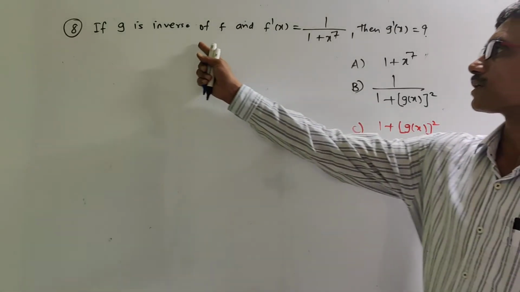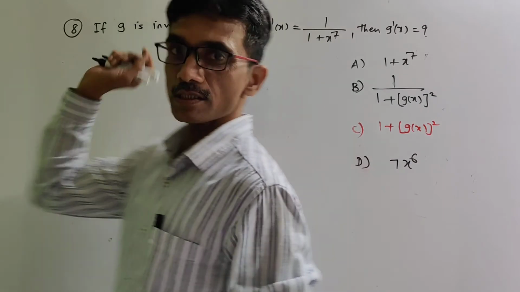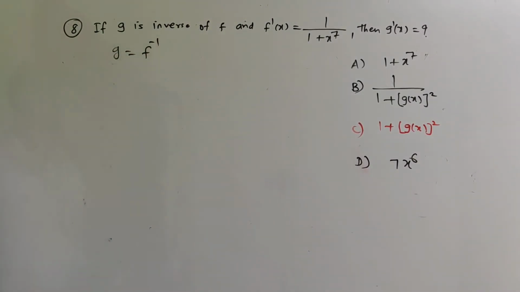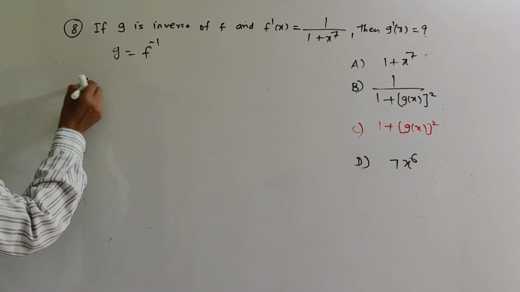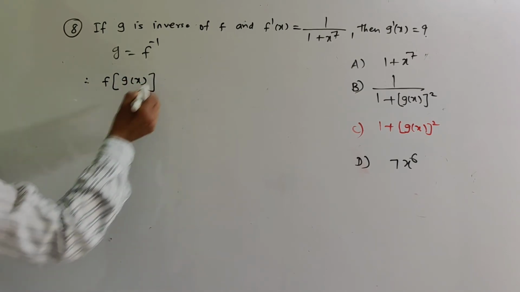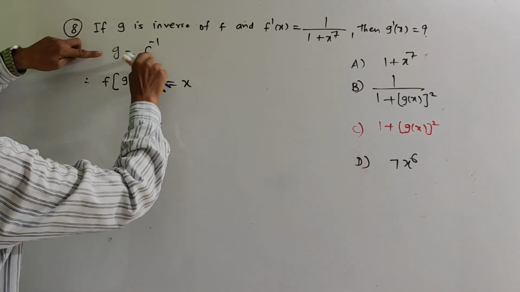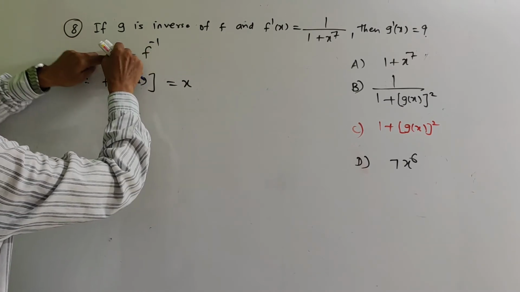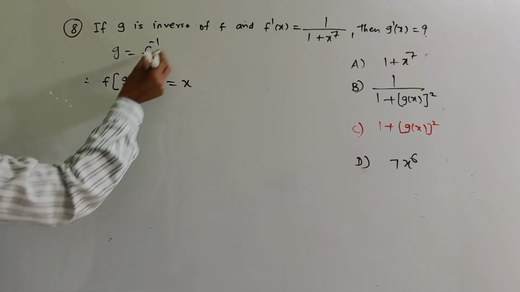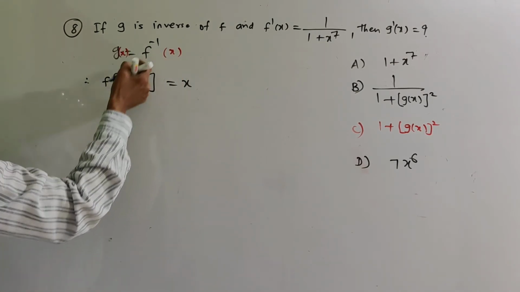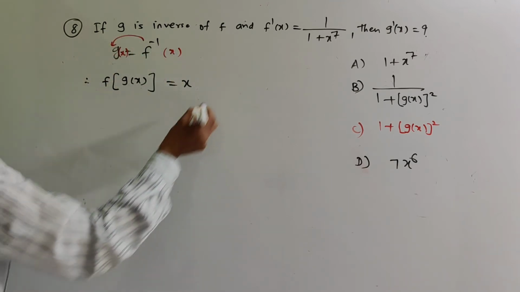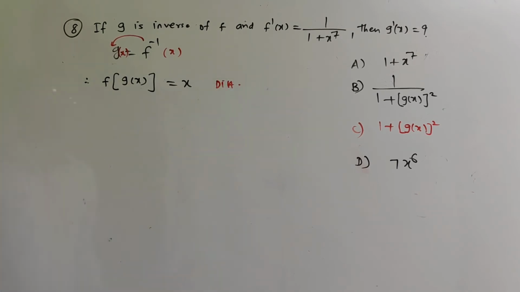g is the inverse function of f. That means g is equal to f inverse. So here we'll write g is equal to f inverse, so that f of g of x will be equal to x. Suppose we write here x, so f of g of x is equal to x only. Now differentiating it with respect to x,